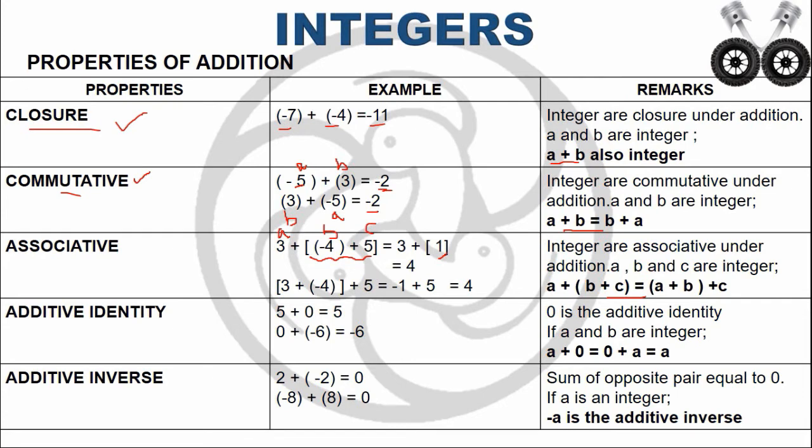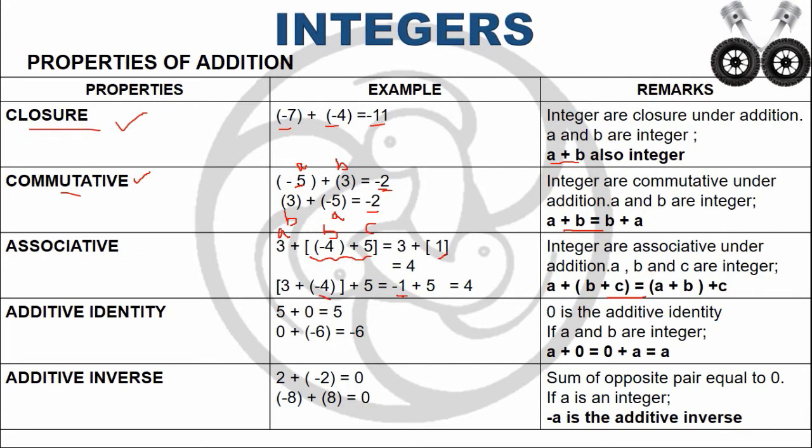So I have to put the bracket for a plus b. So that is 3 plus minus 4. These two integers are having different signs. That means we have to subtract. So 3 plus minus 4, the answer is 1. Then we have to put the biggest number's sign. Here the biggest number is 4. The sign is a negative sign. So the answer is minus 1.